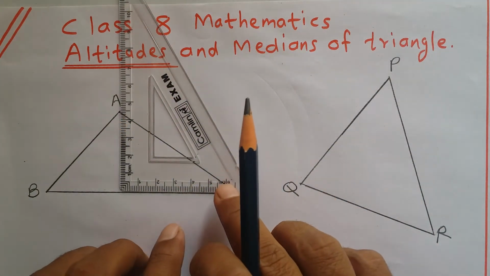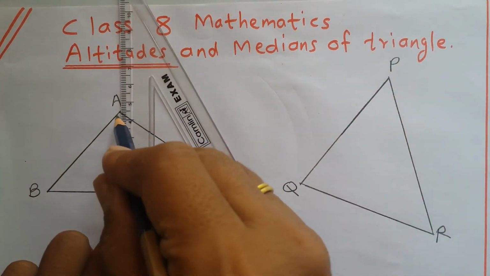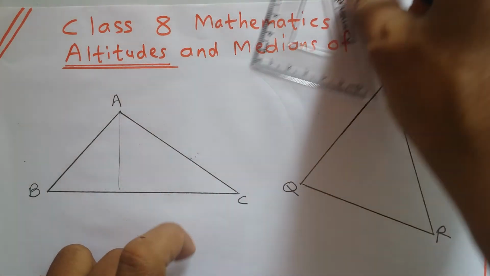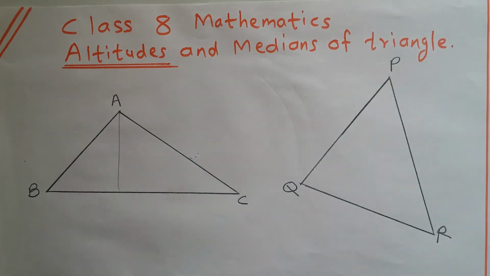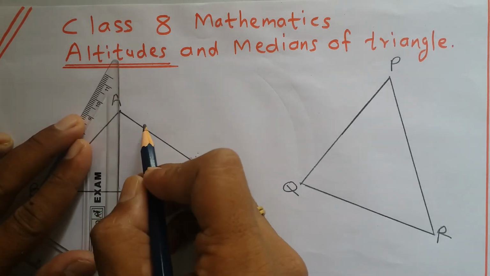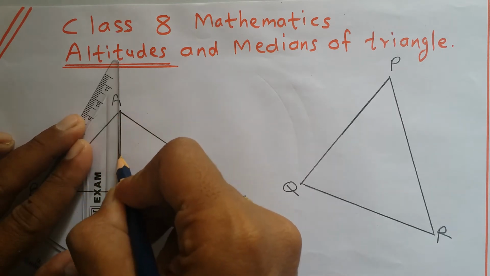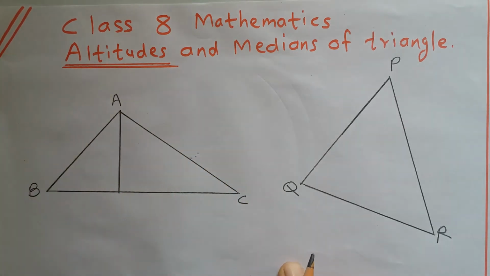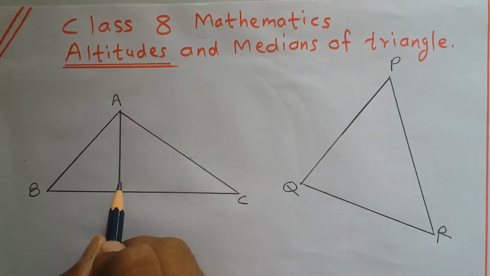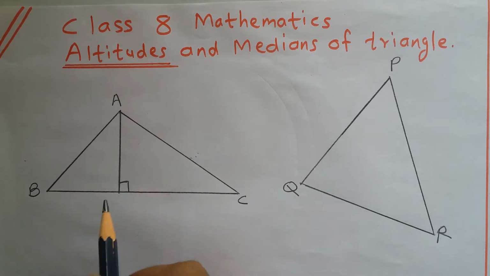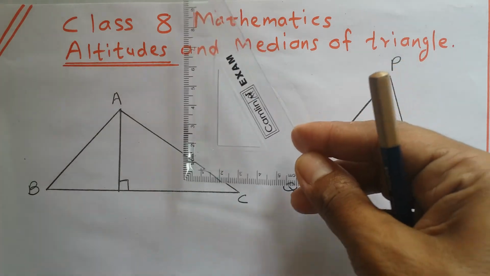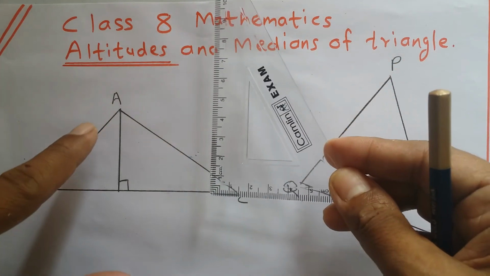Now we will draw a perpendicular. This is the perpendicular. We can draw this perpendicular like this. Do you understand? Now what is the measure of this angle? You can say yes, it is 90 degree, means this is a right angle. So students, what we have done, with the help of this set square, we have drawn a perpendicular from vertex